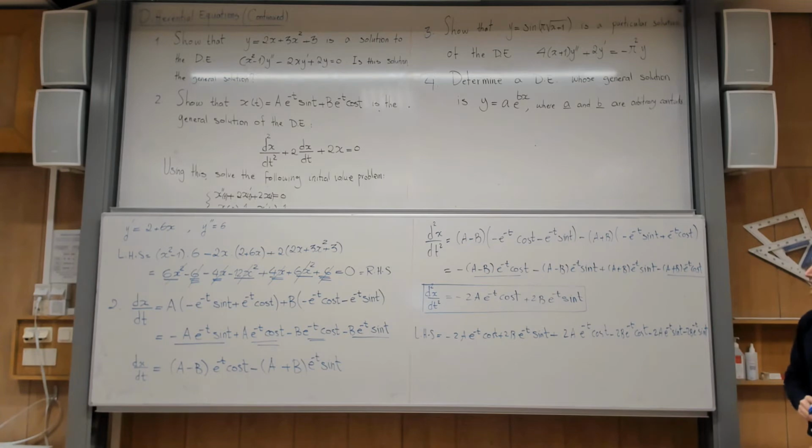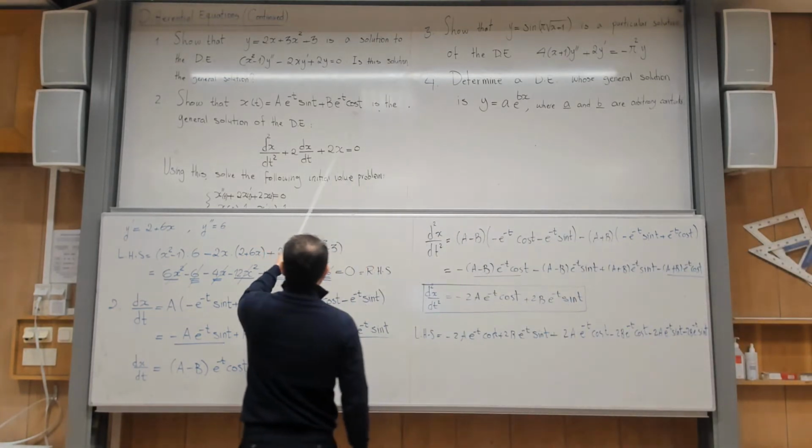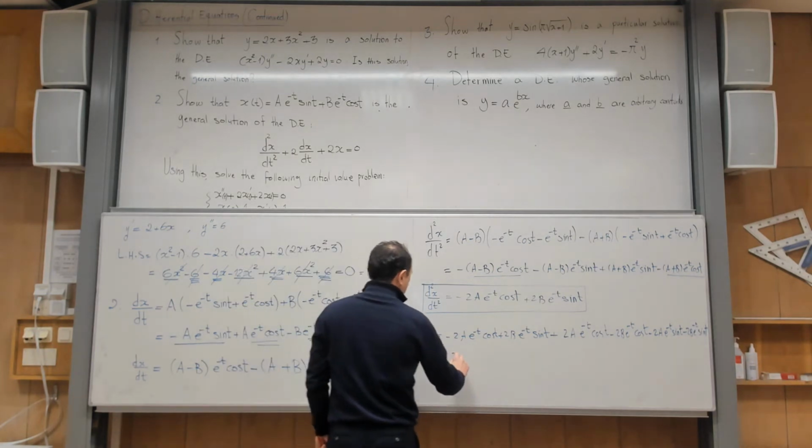Yes? And then I have 2x at the end. But x is this guy. And I multiply it by 2 and add it there. So if I multiply it by 2,